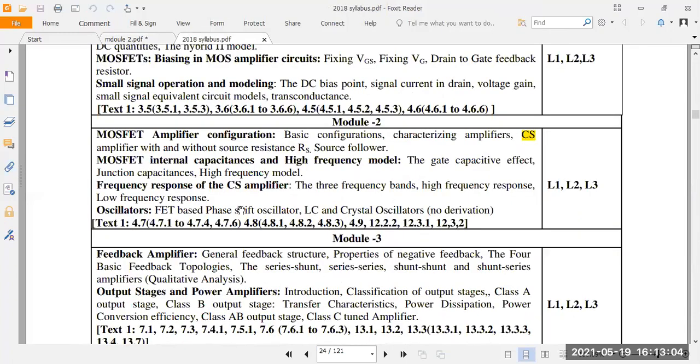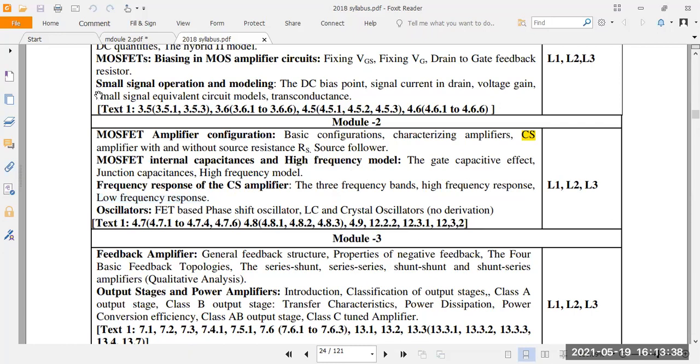Today we discussed almost all the frequency bands: high frequency response and low frequency response. In the exam, they can ask high frequency response or low frequency response. You have to write the circuit diagram. I will send the notes, and after these notes you can write the answer. They will ask for 6 marks. Write the circuit diagram, then the equivalent circuit, then the first pole, second pole, and third pole frequency equations. Understood? This is for 6 marks.